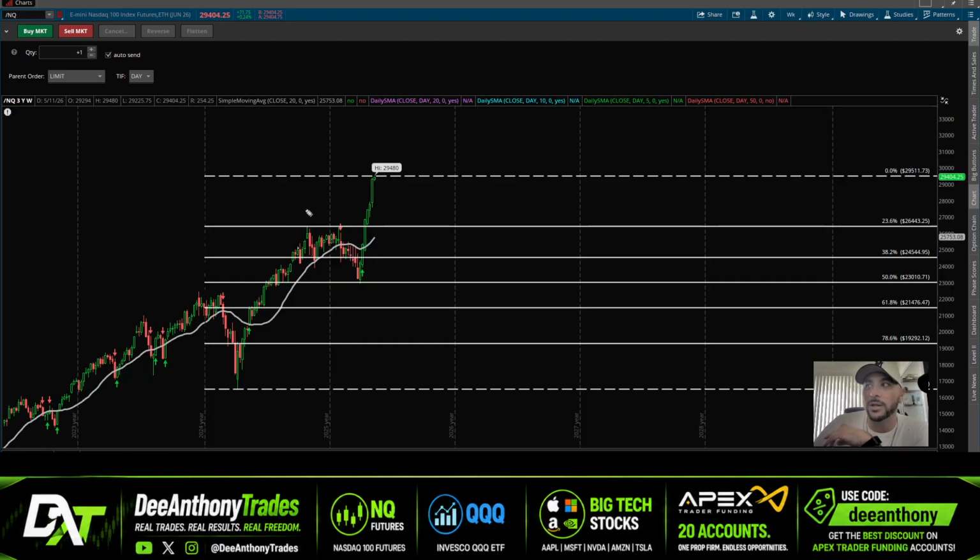For us day traders, it's a great time to make a lot of money because the trend is seemingly only going one way, right? So wait for your dip, buy your dip, take your scalp, make your little bit of cash when we go up, make a little bit of cash when we go up. You're just taking bits and pieces of this move by having super small risk and managing yourself in a way